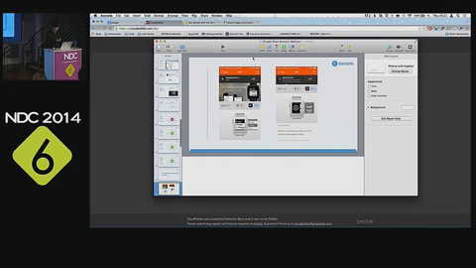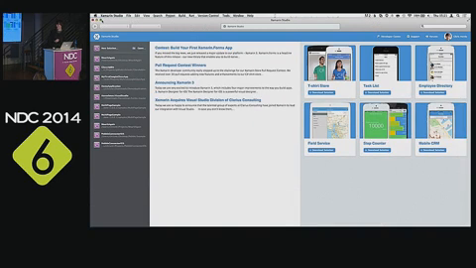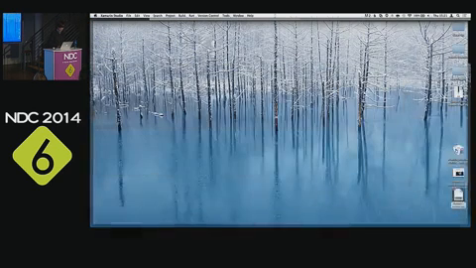So I'm going to be using Xamarin Studio to show this example. But you can use Visual Studio for doing this as well on Windows. So I'm just going to be showing it on Mac. So that's what I normally use. So I have an existing app on